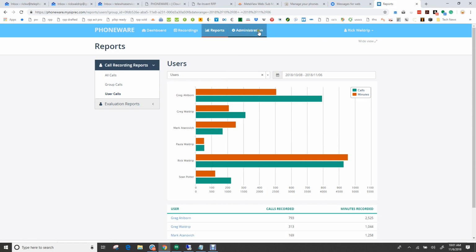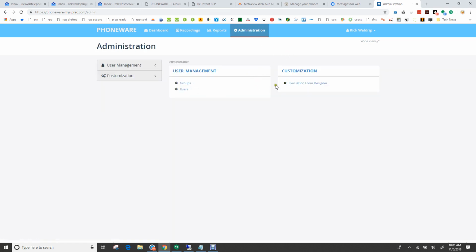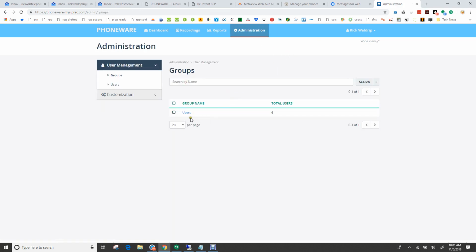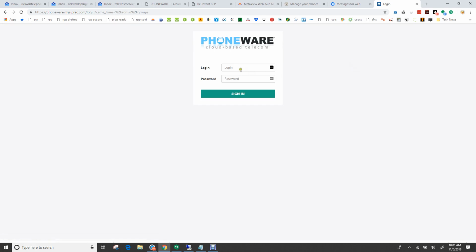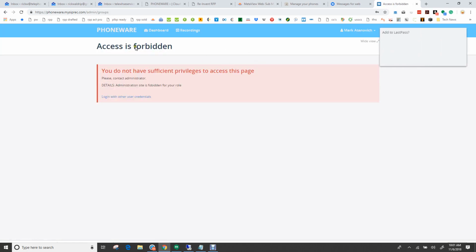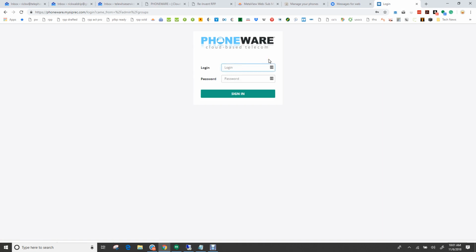Now let me just show you real quick, administration. I don't know that there's really many options in here that we can do. Yeah, this is mostly read-only as well for like the different departments and such. But if I log out as an administrator and I log in as an actual user, so I'm going to log in as Mark. Whoops, I messed up. Sign out. All right, so